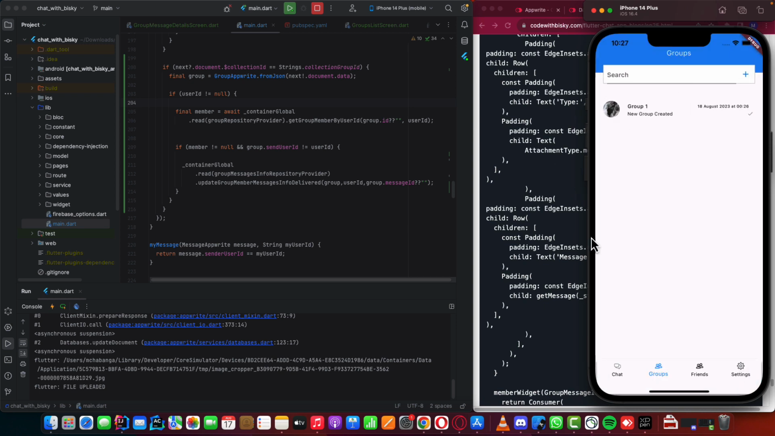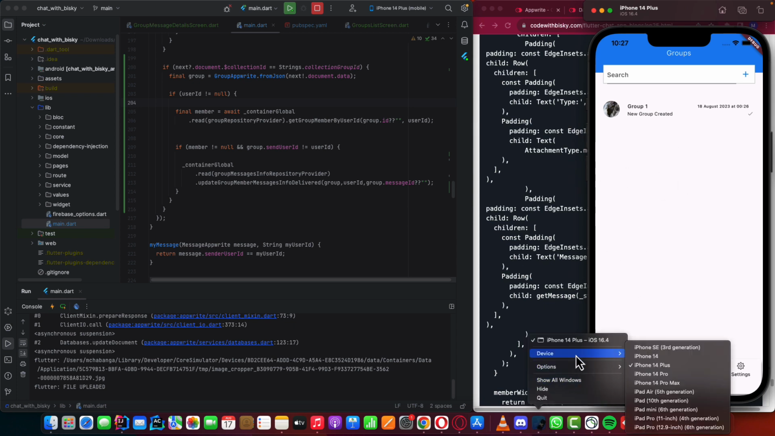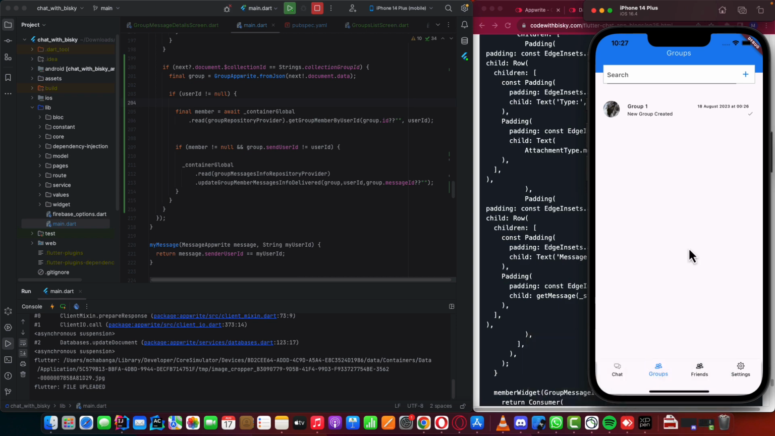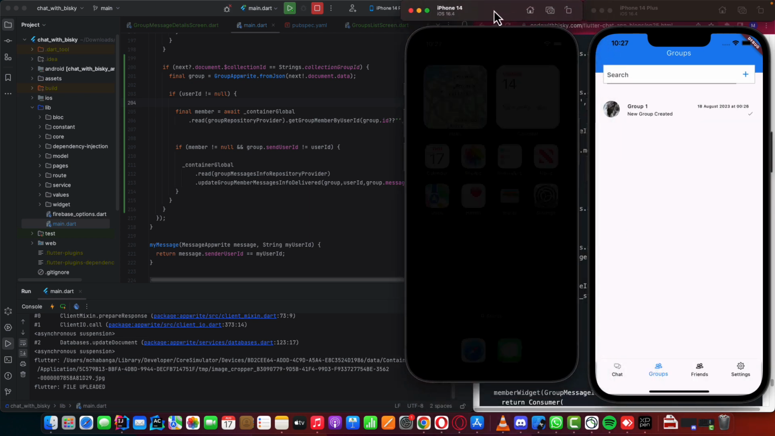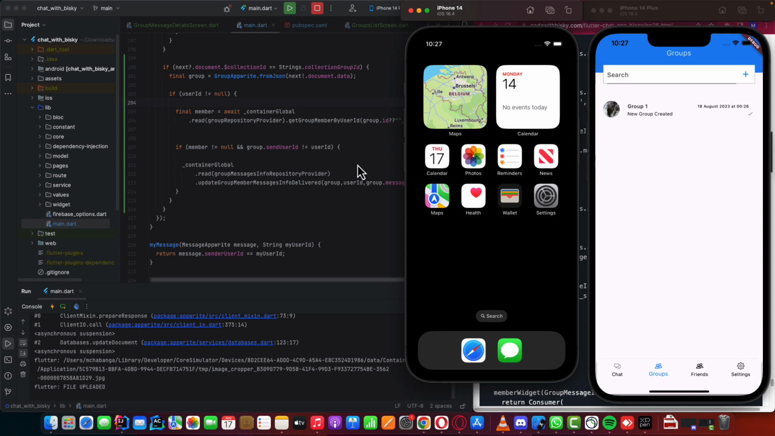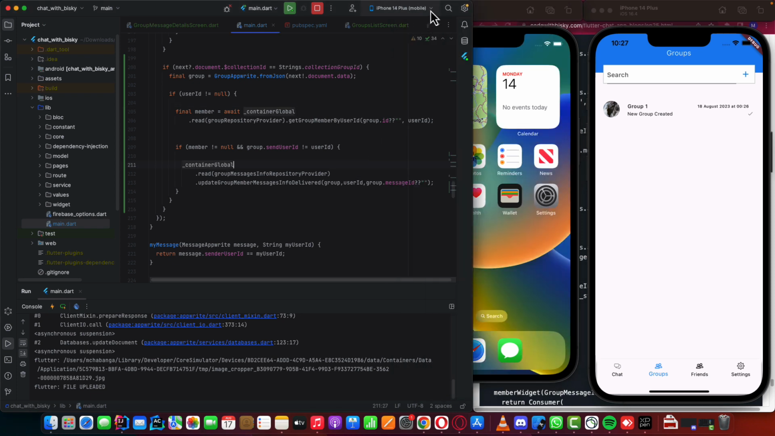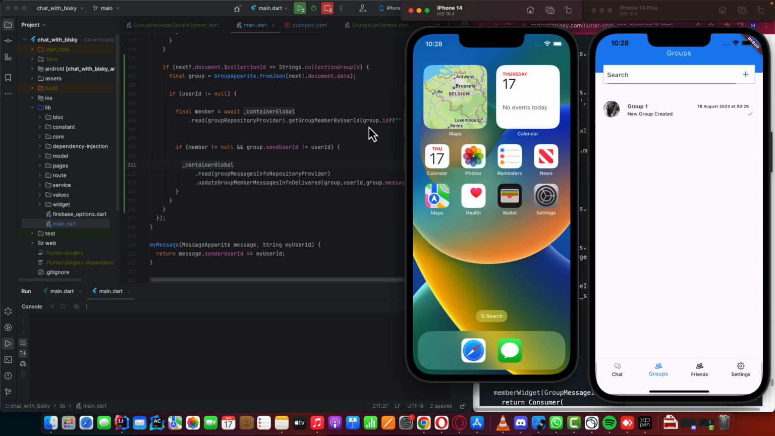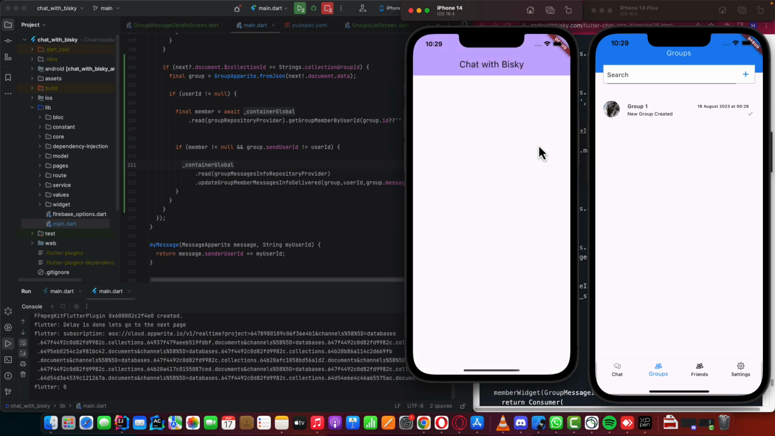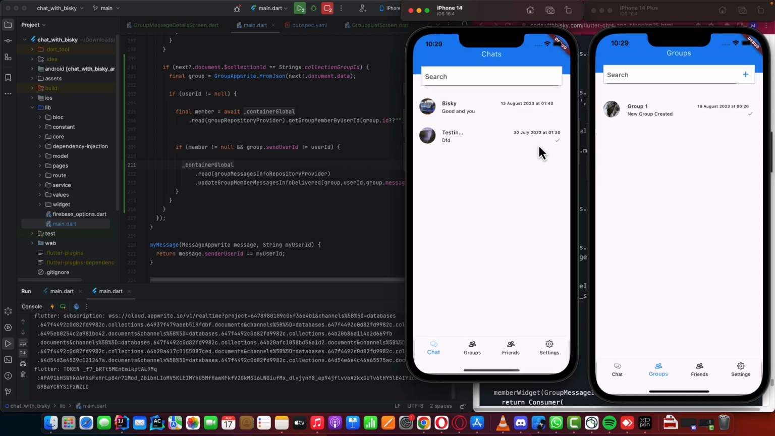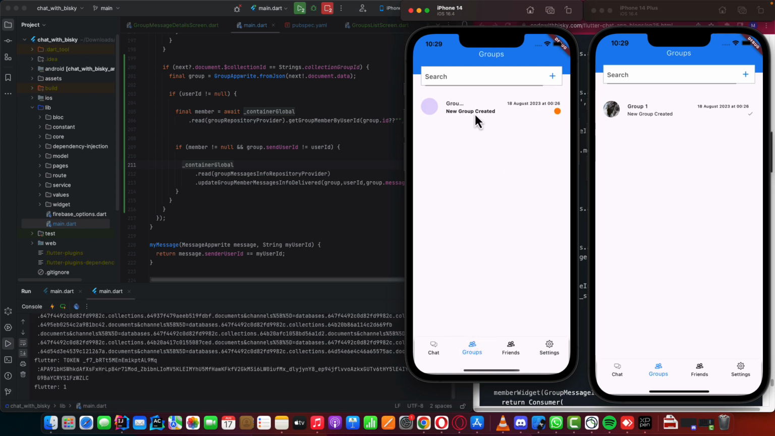So let me open the other device and start to chat with this user. Let me open another device, the user that is also the other member that is currently in the same group with this one. Let me run the application. Okay, this is the other device, the other member, and this member is going to be in the same group